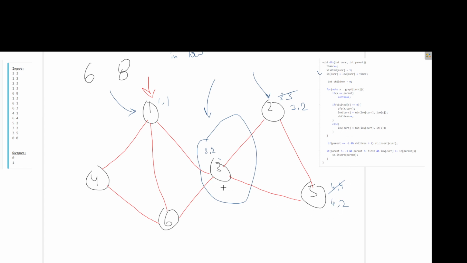If it is already visited, now means if visited of x is false, right? So in this case I'm calling this function, and if it is true, then what I'm doing is low of current, means this value, will get updated, will be minimum of low of current and in of x.